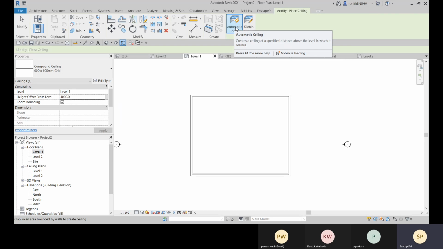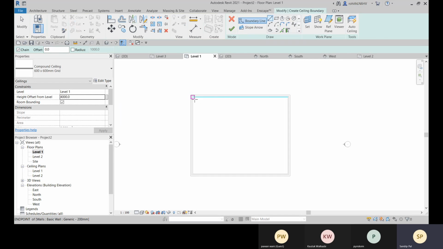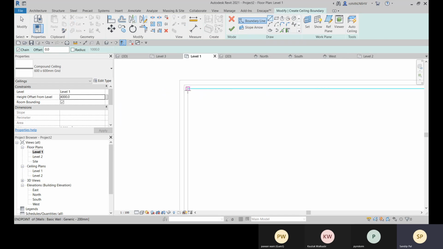And here we have two options. Go for automatic ceiling. If you go for the automatic ceiling, after placing your mouse point, it will detect the closed boundary surrounding your mouse point. And if you go for sketch ceiling, you can sketch it, like this.